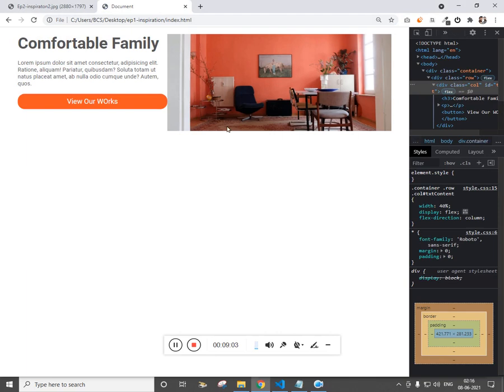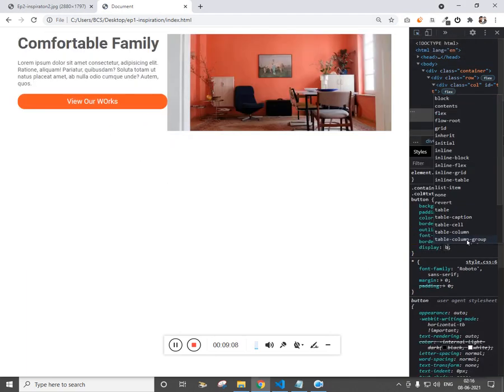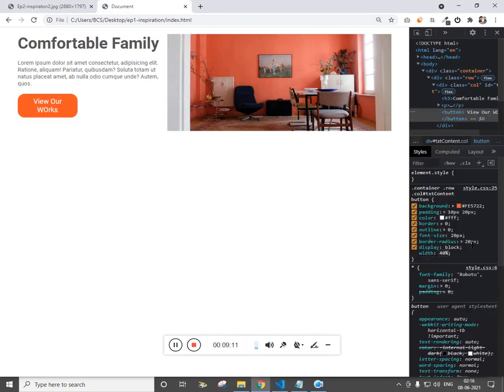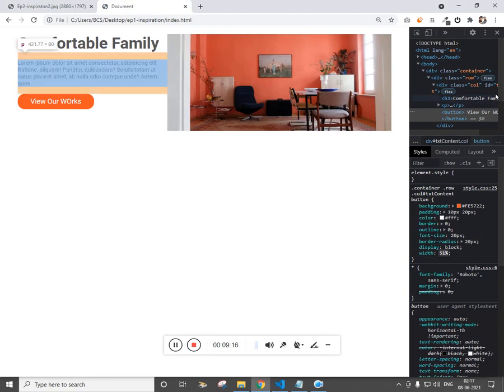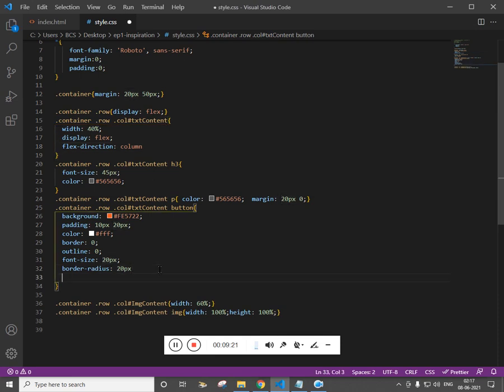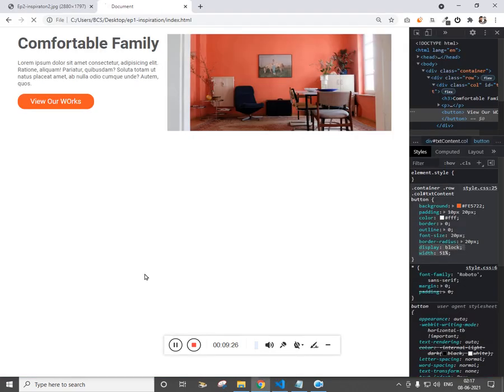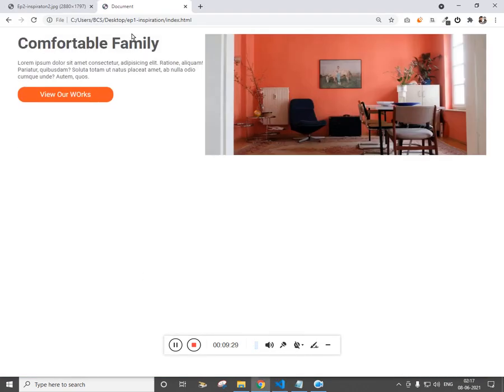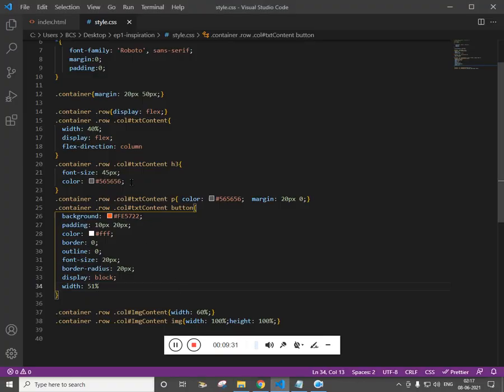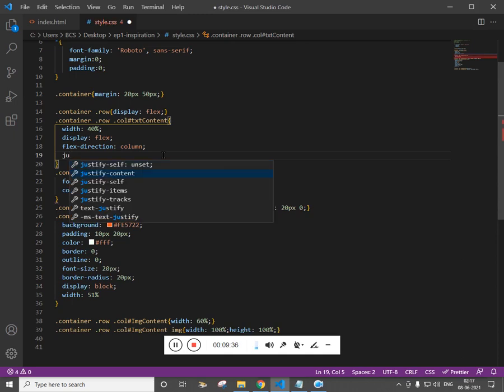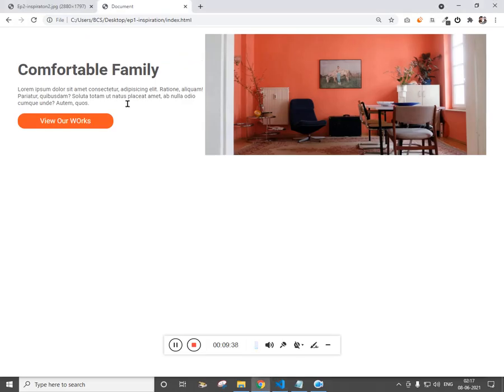Refresh this. Now I think I have to make this display block, width of 40%. Copy this and paste this for button. Now we need to have justify content center to vertically align this.